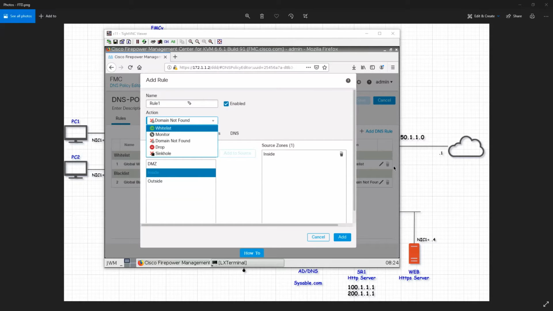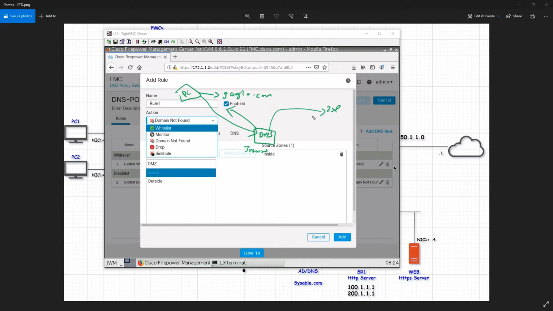So sinkhole is, this is my PC, which is trying to access google.com. So what happens is, whenever it sends the request, it will send it to your internal DNS. So this is your internal DNS. If the internal DNS does not have google.com, then it will make a request on behalf of this PC to your ISP, and it will resolve and give it back to your PC.